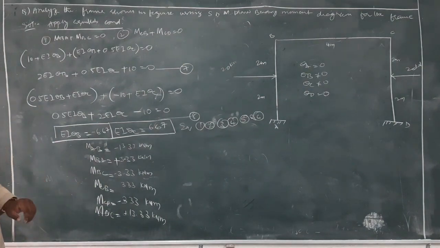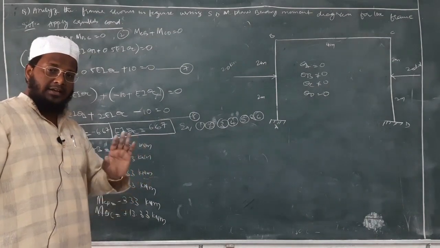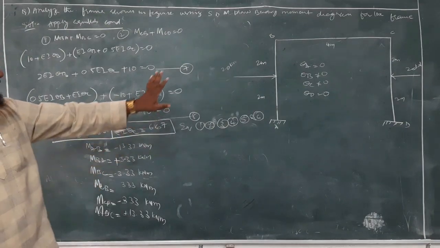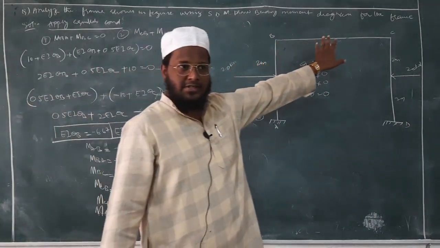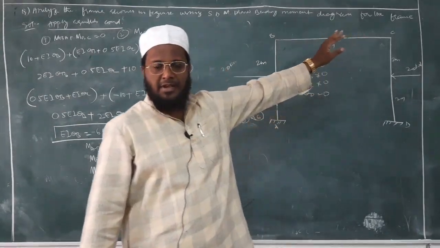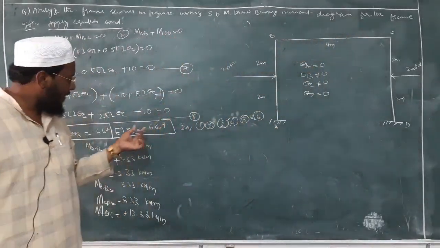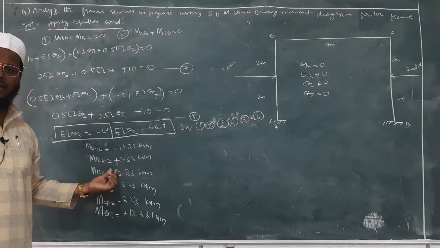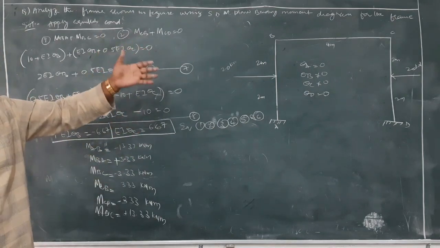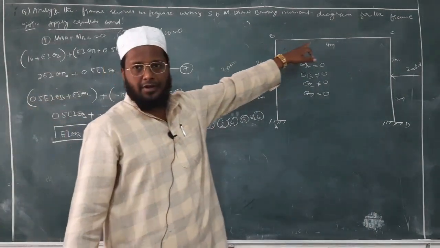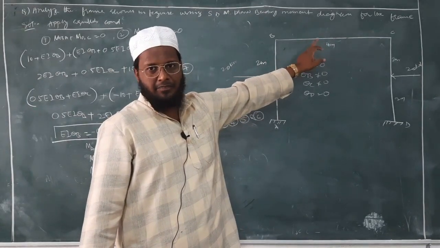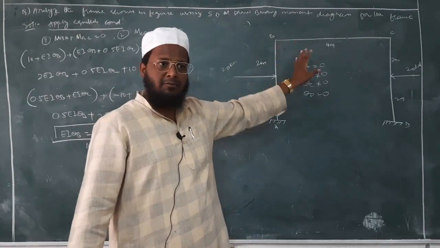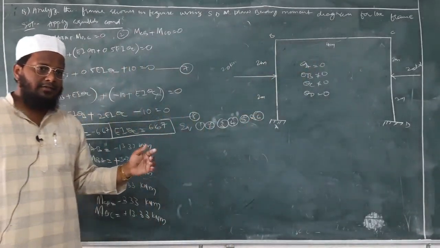Alright. Now, after calculation of these moments, can you just imagine what happened here? Can you analyze what happened? We have calculated fixed end moments of MF BC and MF CB. Those values were 0. But here we got some moment. What is that moment? 3.33, 3.33. So even if there is no load, the effect of this load will be acting over here. There will be some moment acting on this beam. Alright. So even though we are getting 0 as fixed end moment, there is some moment which is 3.33.